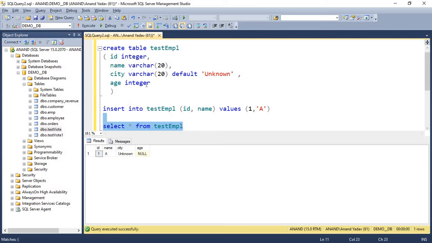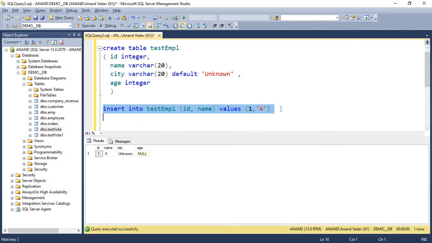You can see that in the insert query, the end user had just given two parameters, ID and name. ID is 1 and name is A. Since we have provided a default value for city, the unknown value is inserted in the city field.